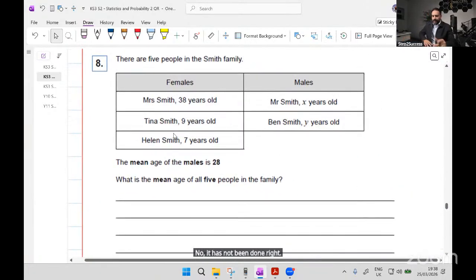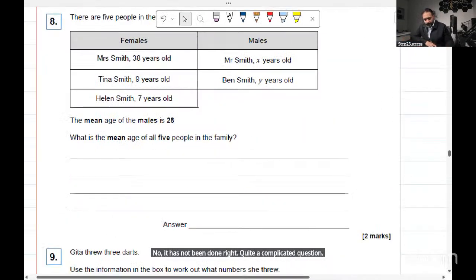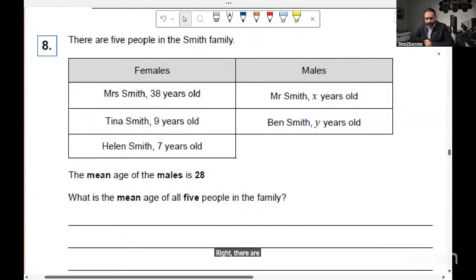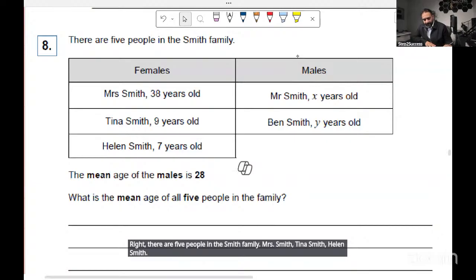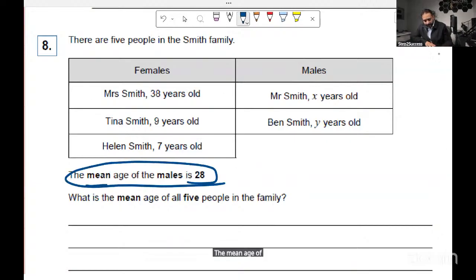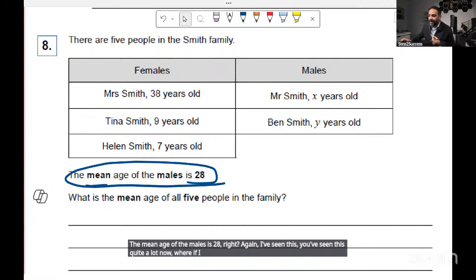Right, quite a complicated question, this. There are 5 people in the Smith family. Mrs. Smith, Tina Smith, Helen Smith, Mr. Smith, and Ben Smith. The mean age of the males is 28. Right, again, you've seen this quite a lot now, where if I tell you what the mean is,